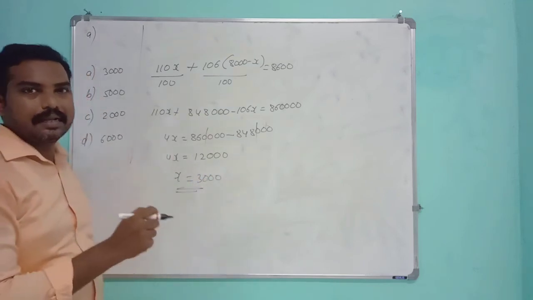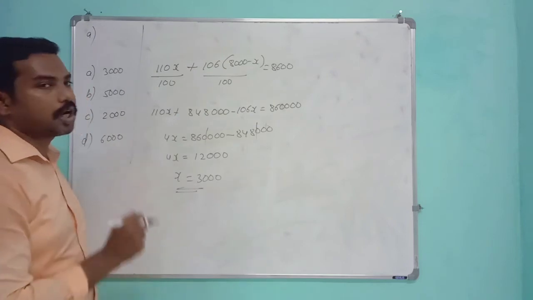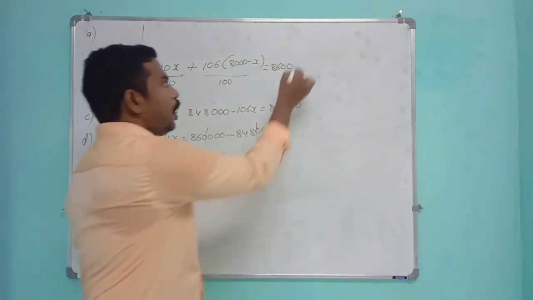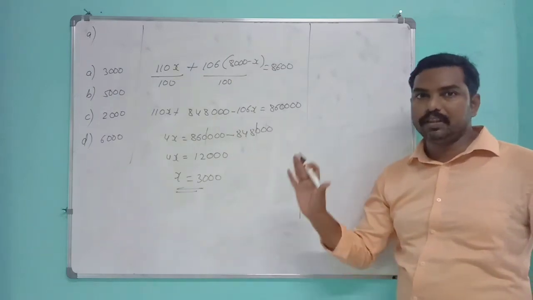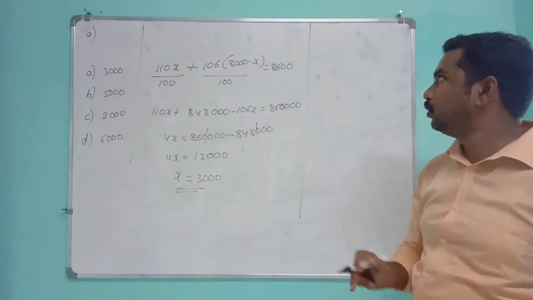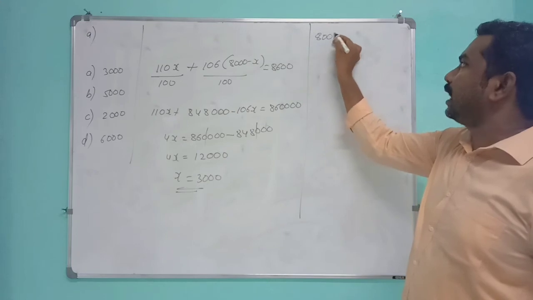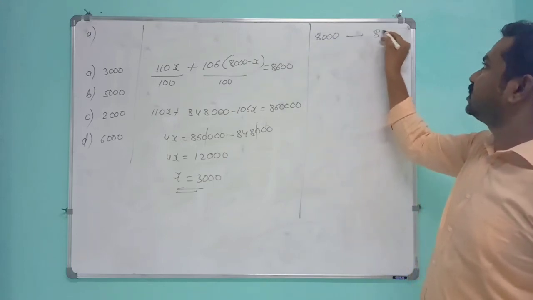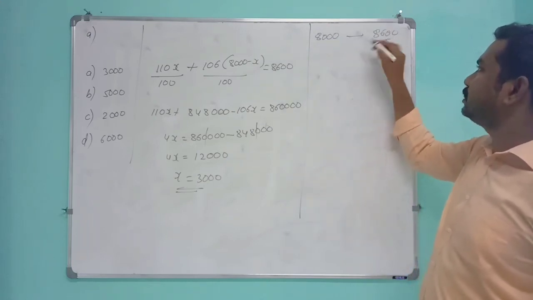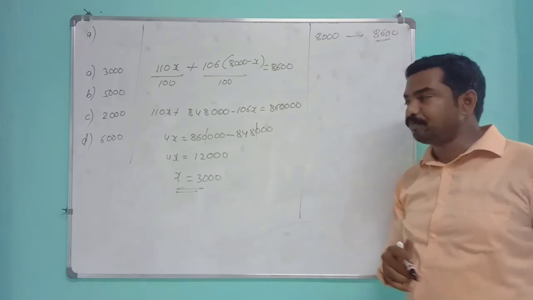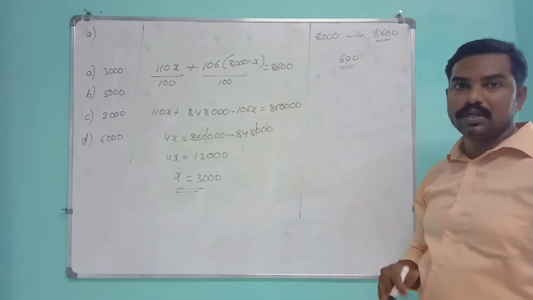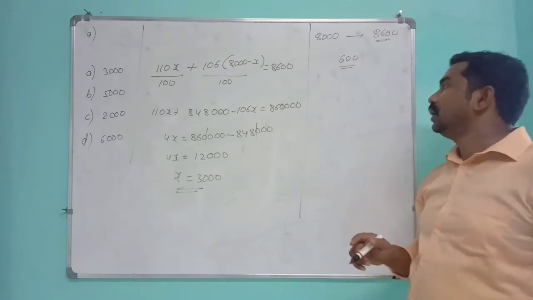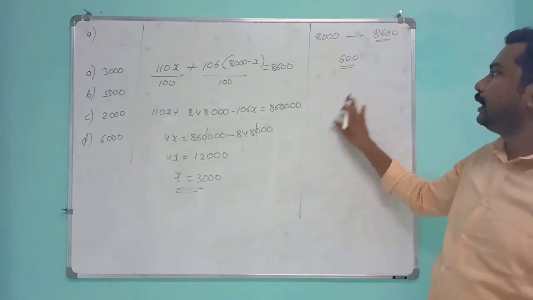But this process takes a little bit longer. The only shortcut to solve this question is the option point of view. The only way of solving this type of question is from the option point of view. He has given the values: 8,000 previously, 8,600 now. So how much has it increased? It has increased from 8,000 to 8,600. So directly, you see through the options.